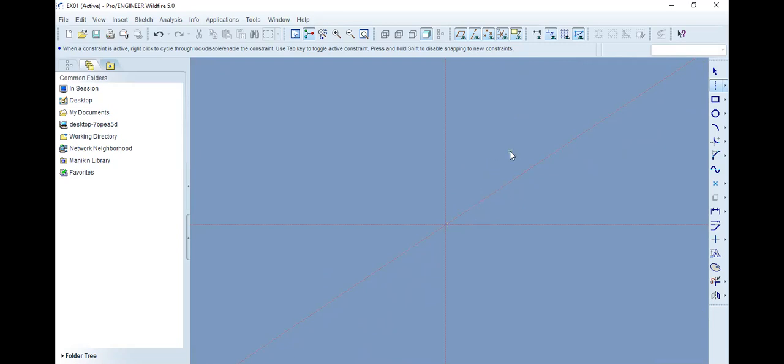Now to get the dimensions. Unlike AutoCAD, this software shows you the automatic dimensions. Means no need to give the dimensions. Whatever you create, the dimension will come automatically. So to see the dimensions, we need to get out of the command. So we are still in the center line command.